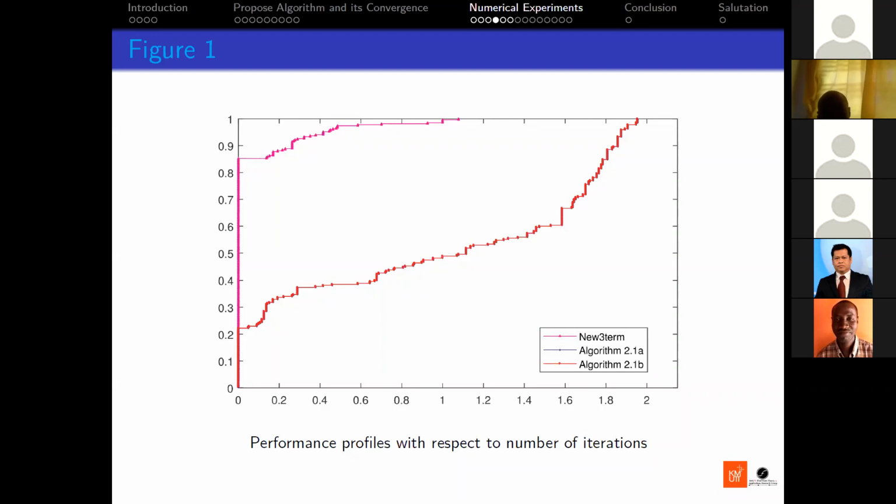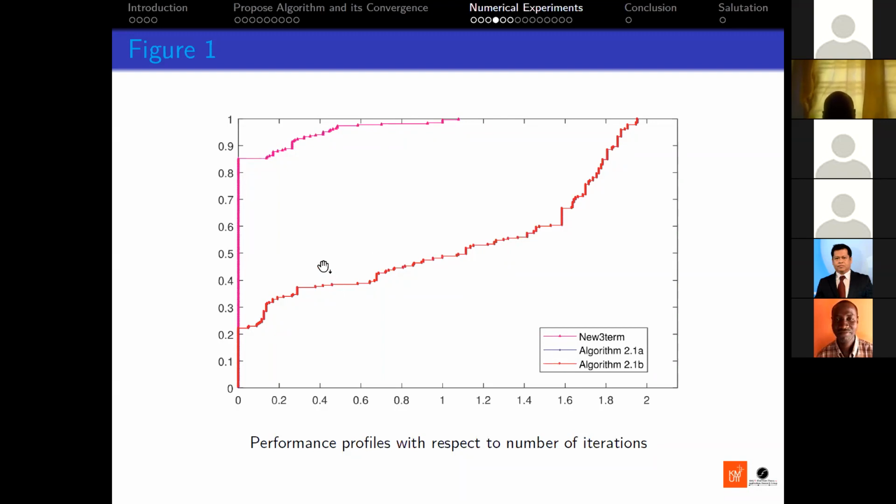Actually, 2.1a is there, but the red one has covered the blue line because the red always overshadows. Can you zoom in? Yes, maybe it's under the red graph. Yeah, it's under the red graph. For the number of iterations, both the two algorithms have similar performance. So that is why they lie on the same curve. And the red one overshadows the blue one, but it's there.